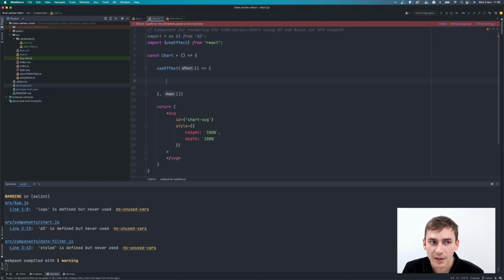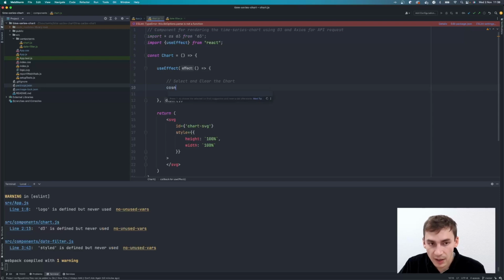So it might seem a little bit counterintuitive to delete everything that's in the chart, even though we haven't got anything in the chart yet. But if we don't do this, the chart will end up drawing a new version of itself on top of the old version, and this is the kind of issue that we run into with React and D3. So what I'm going to do is add a comment here that says select and clear the chart,